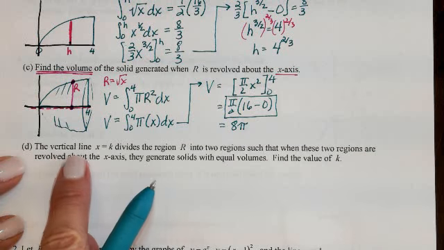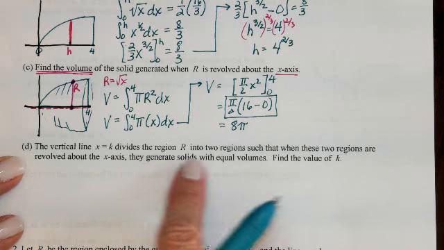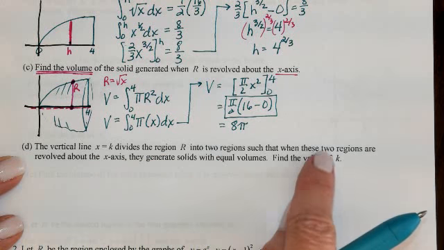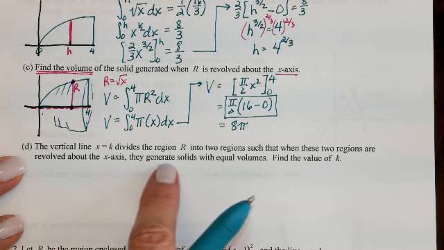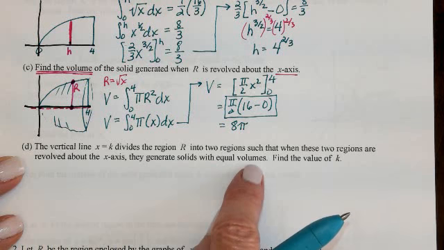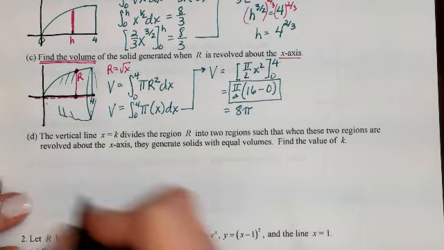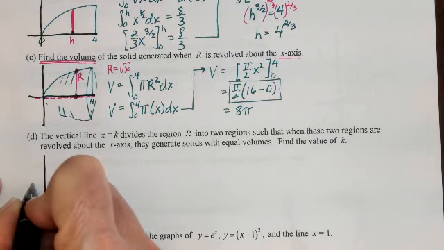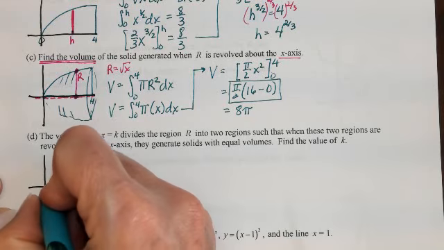The vertical line x equals k divides region R into two regions such that when those two regions are revolved around the x-axis, they generate solids with equal volumes. Find the value of k. So we're doing something similar to what we did in part B, except now we're dealing with the volume rather than the area